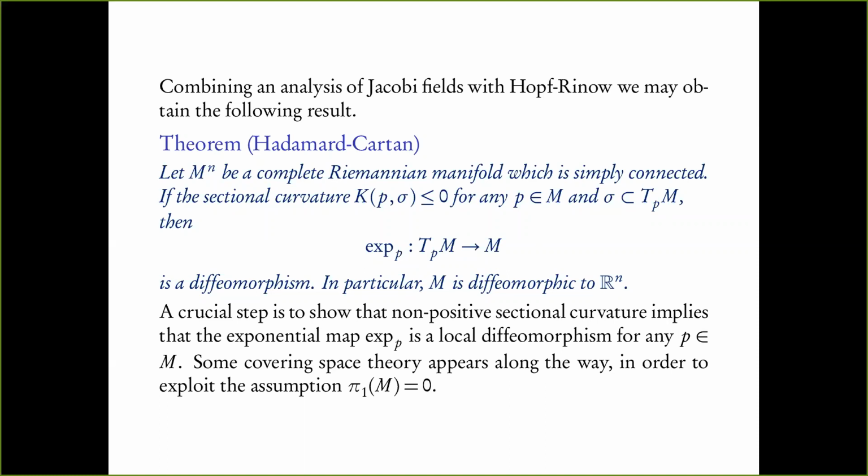The thing that we just proved using the inverse function theorem, which is the baby version, is that exponential p is a diffeomorphism only around zero. In general, even if it's defined on T_pM, this is never going to be a local diffeomorphism around all points. But that's the crucial thing: for these kinds of manifolds with these sectional curvature constraints, it's a local diffeomorphism. So it starts looking like a covering space, so to speak. But then you have to bring in that pi_1(M) is 0, and do a bit of covering space theory to show that this exponential map is actually a covering. Once it's a covering, and both are simply connected, it has to be essentially the identity map up to a diffeomorphism. So it's a diffeomorphism. That's basically the idea. Okay?